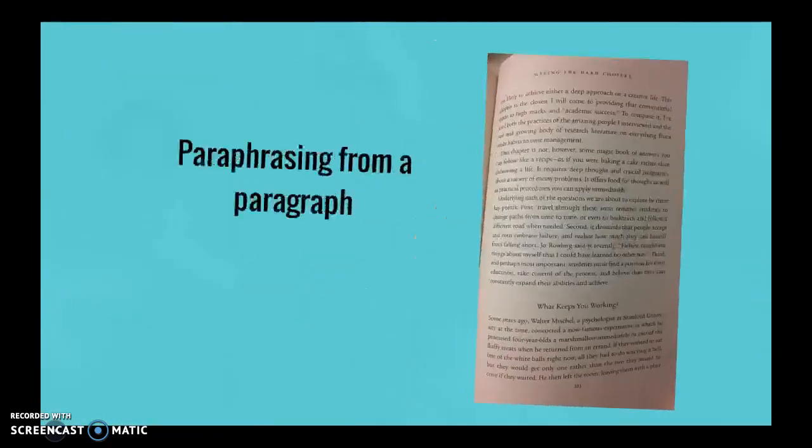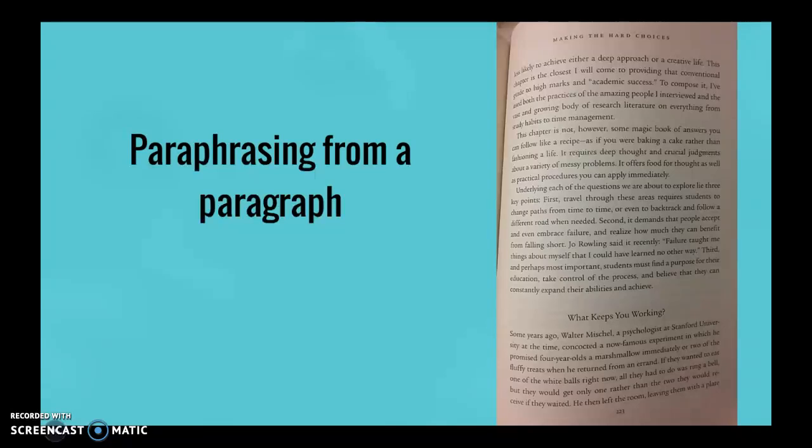Looking at a second example, we're going to highlight this paragraph here and see how, if we wanted to use all the ideas in this paragraph, but we didn't want to put quotes here and just copy and paste it into our paper, but we wanted to almost summarize, but we're going to be using all the main points. How could we do this? Let's first read the entire paragraph.